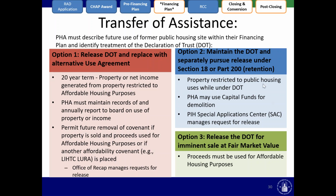That's option one. The second option a PHA has is to maintain the declaration of trust and separately pursue release under Section 18 or Part 200, or retention. If the DOT is still on there, the property would be restricted to public housing uses. The benefit here would be that the PHA could use capital funds to support any demolition. But then the PIH Special Application Center would manage any subsequent requests to release that DOT through Section